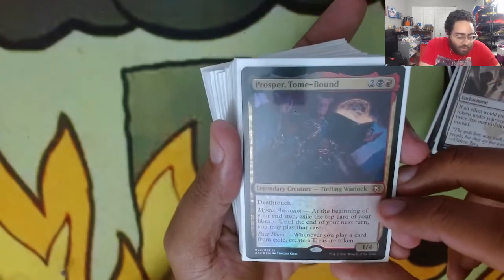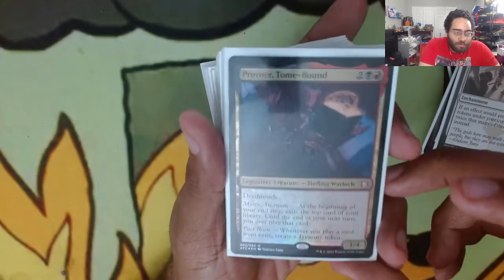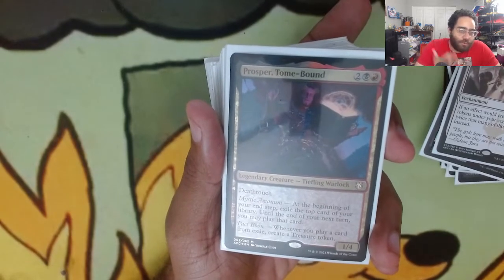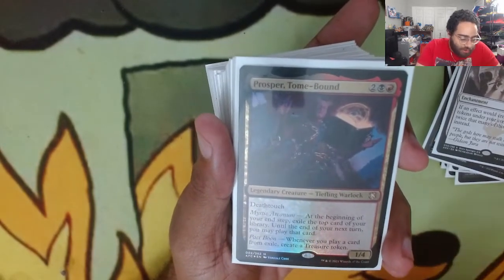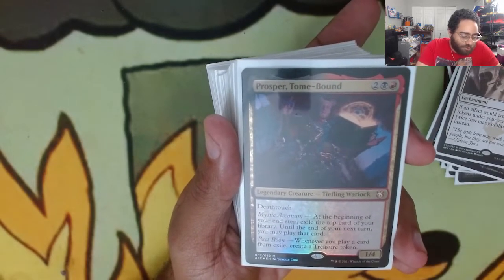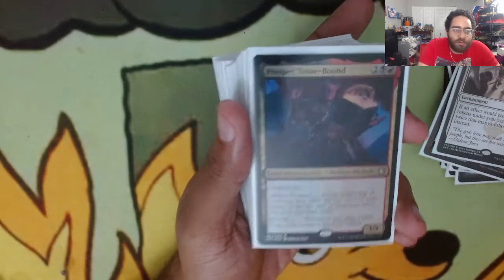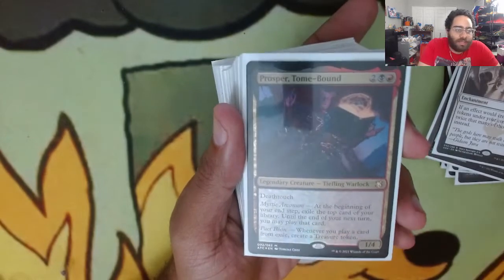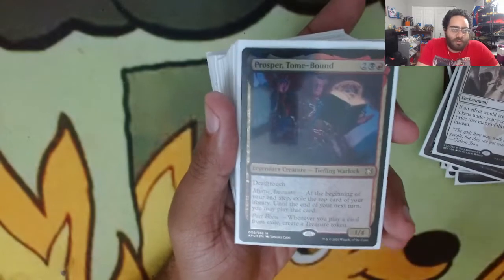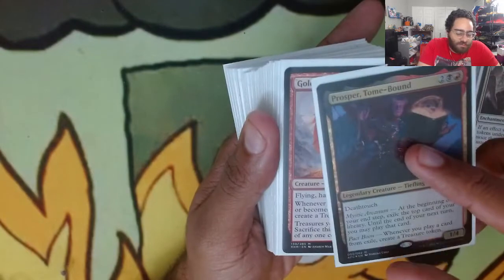Prosper, Tome-Bound. So this is one that absolutely spirals out of control. He's his own commander, but I mostly have it in here for the card draw and for the treasure. At the beginning of your end step, exile the top card of your library, and until the end of your next turn, you may play that card, and whenever you play a card from exile, create a treasure token. So even if you're hitting lands, you're getting treasure for playing lands. I believe this is the number 1 Rakdos commander out there now, so there's nothing really brand new I could say about it, but it's a fantastic fit in this deck specifically,